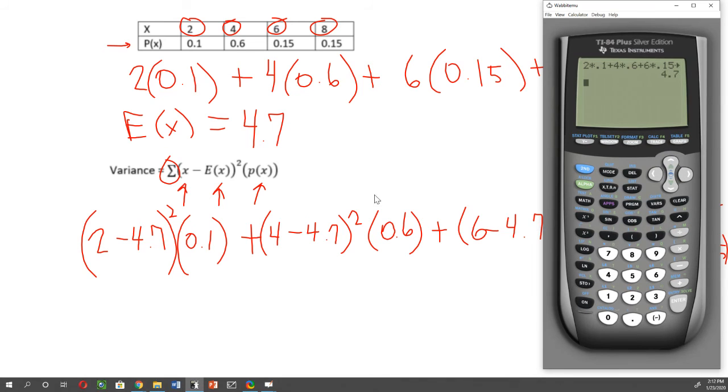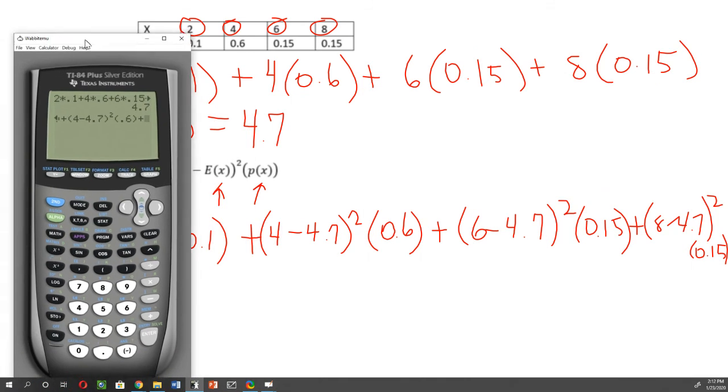So let's pull this calculator back out. And I can type all this in with this calculator. So 2 minus 4.7, those parentheses squared, times 0.1, plus, open a parenthesis, 4 minus 4.7, close the parenthesis, square that, times the probability, 0.6, plus